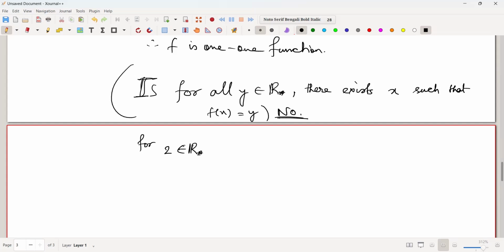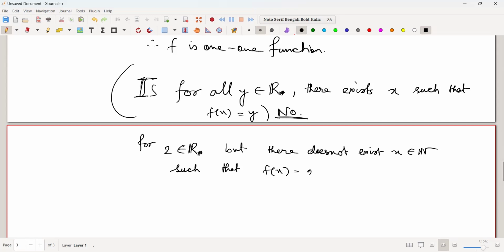So for example, 2 belongs to R star, but there does not exist x belonging to natural numbers such that f(x) equals 2,